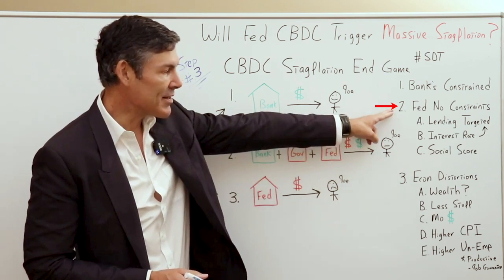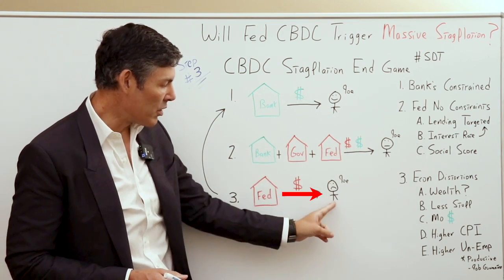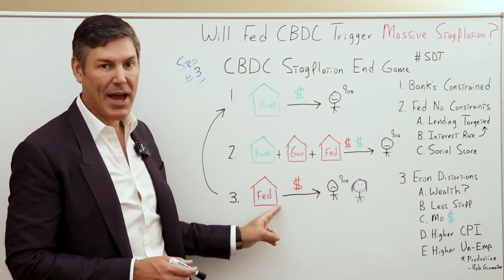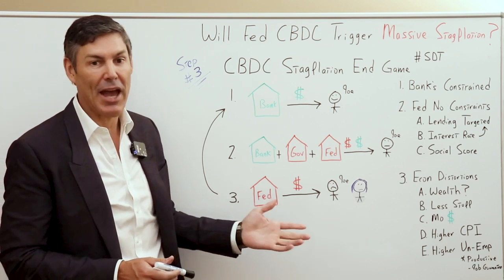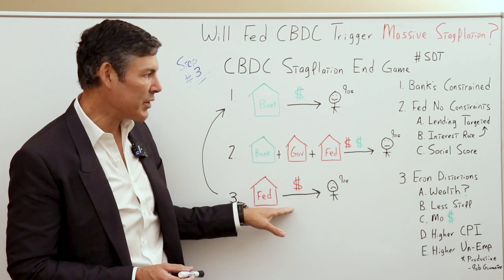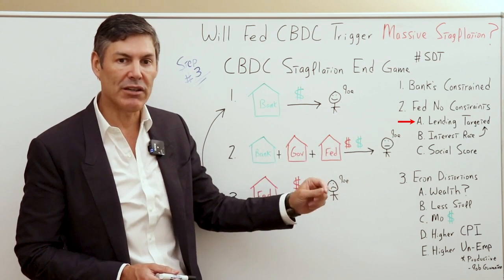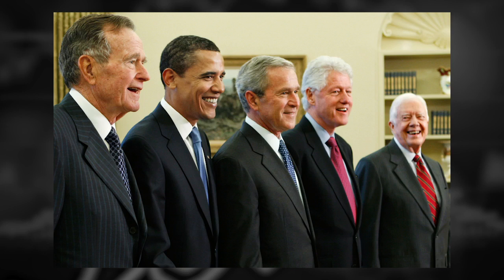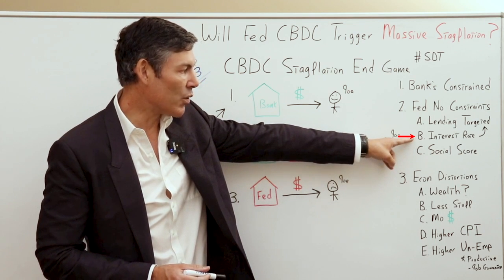But the Fed doesn't have these constraints. If they issue a loan to the average Joe or to Moody the millennial, it doesn't really matter if the Fed gets paid back, because they don't really have to worry about a P&L, and they could possibly have even negative equity, and it might not matter. So they don't have these constraints. So what would that allow them to do? That would allow them to target lending to whatever groups or individuals were favored by the government or the specific politicians. It would also allow them to give everyone an individual interest rate.